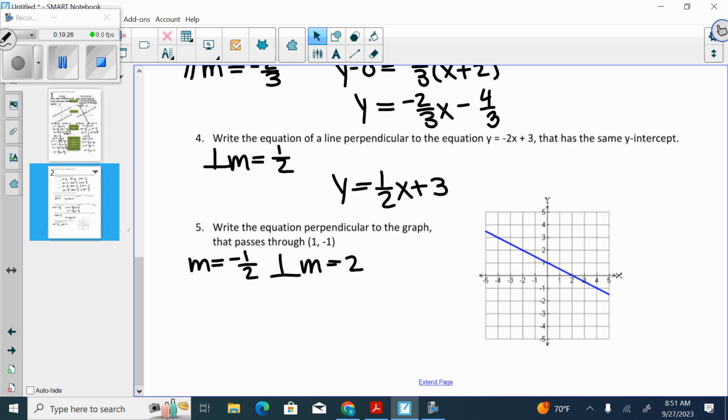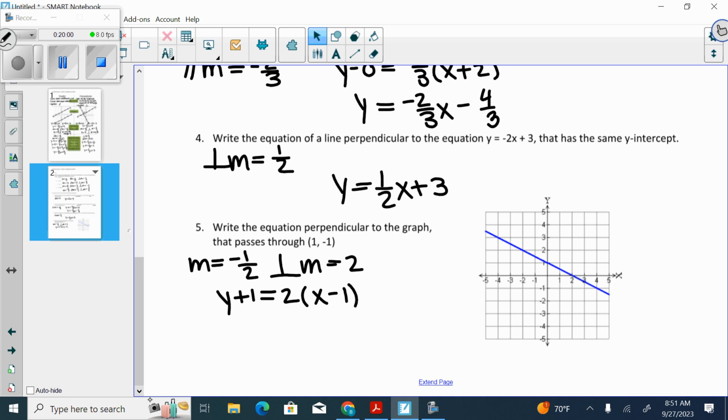Good. And we know that it's going to go through this point, right? So if it goes through that point, I can do what we did on number 3 and write it in point slope form and then simplify, right? All right, so let's see here. I would have for my equation y what? Plus 1, good, equals, good, times